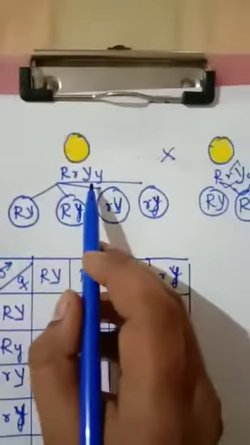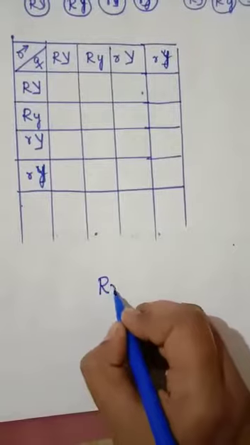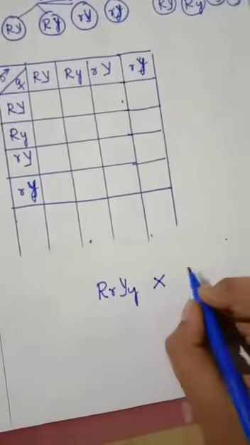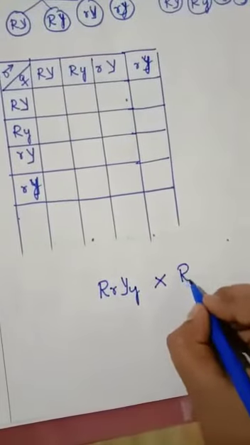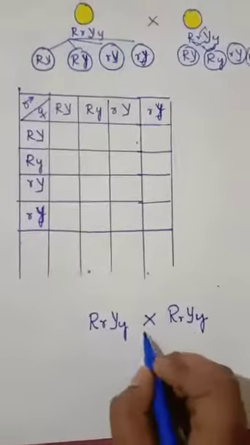So children, here we have taken round yellow and round yellow. So how are we taking them? I'll just explain how I have taken round yellow. This is the thing we obtained in the F1 generation, right? So we will understand it by a Punnett square. Okay, so now we should get the gametes out of it.